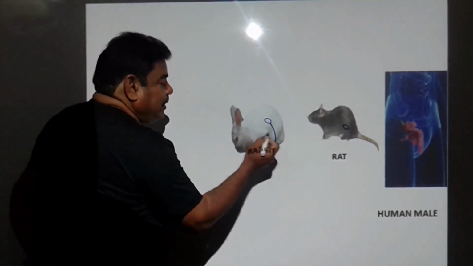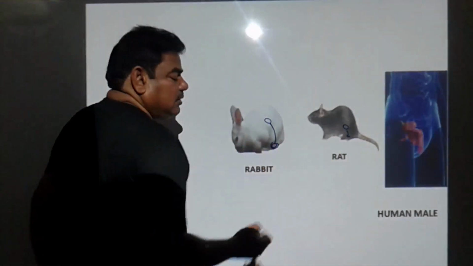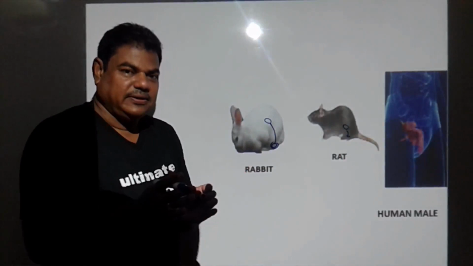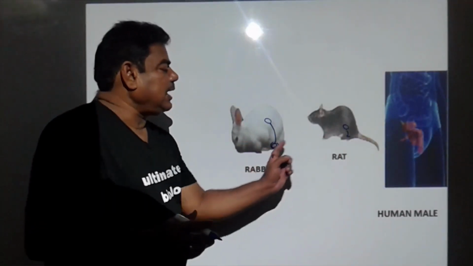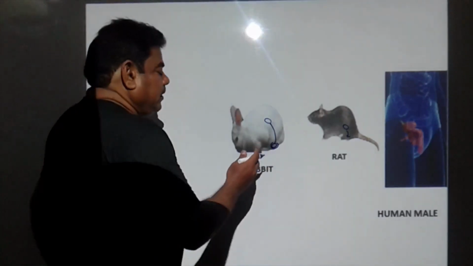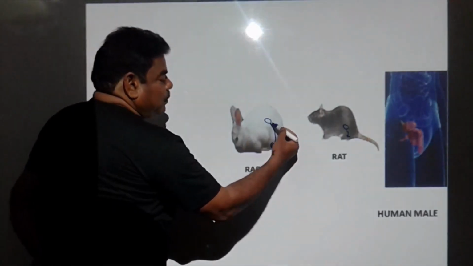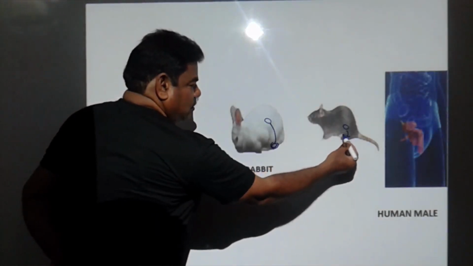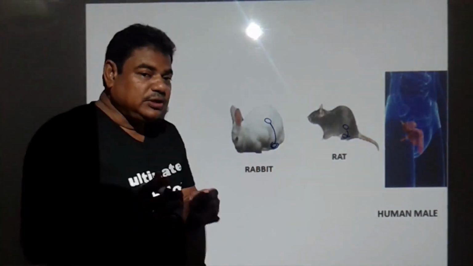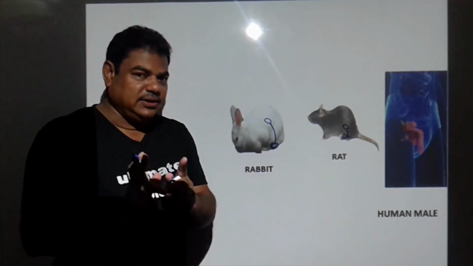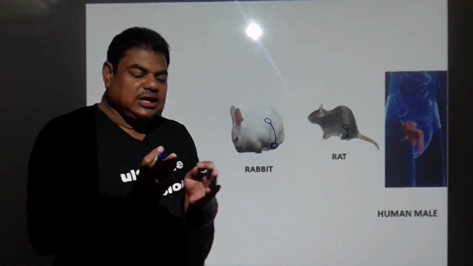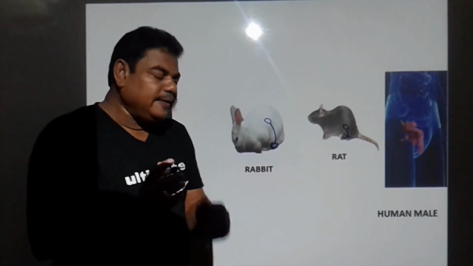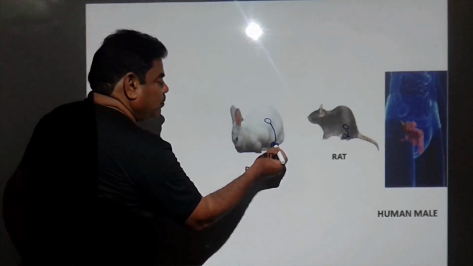When this rabbit or this rat comes in the heat period, we call it a copulation period, or a mating period. At the puberty of both rabbit and rat, the testes are pulled by the inguinal cord and descend here into the scrotum, like this. But as soon as the copulation process is over, or as soon as the heat period, in the case of rabbit near about 2 months, ends, after the end of that mating period, these testes are again pulled by the inguinal cord into